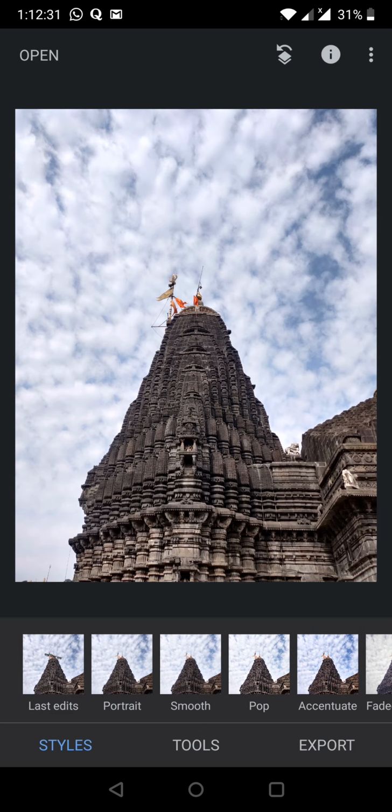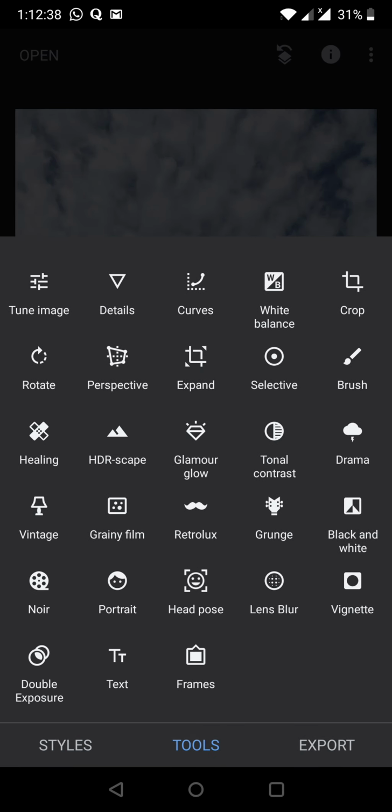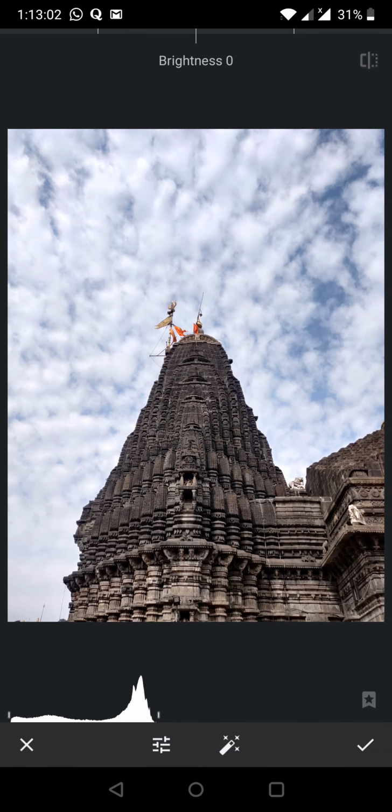You can use it on your future pictures. So in this tutorial, we are going to talk about 5 tools. These tools will be your fine tuning: tune image, details, curves, vignette, and lens blur. We won't touch white balance, but these will be the mostly basics one. So tune image is where you bump up your picture a bit more sharp, a bit more color, a bit more detail will bring out.